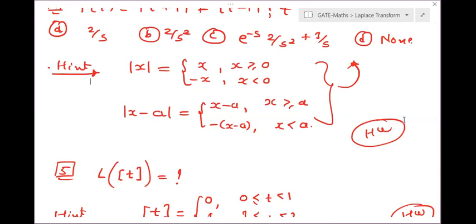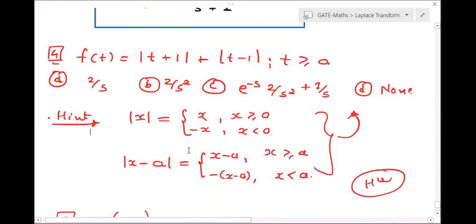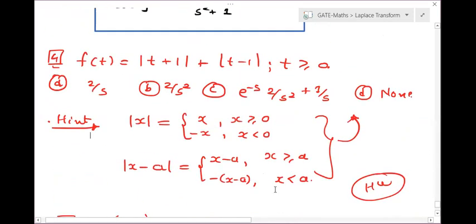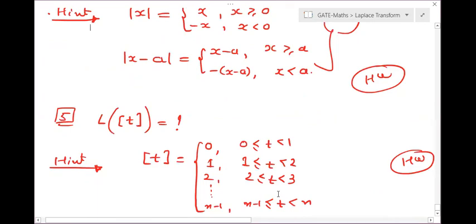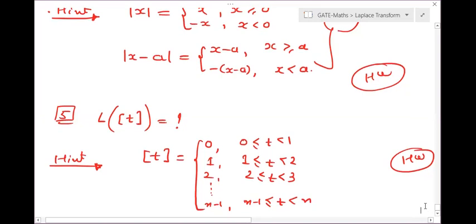Okay. So try this later or try this from home. If you didn't get them, I will show you in the next class. Now let us see a few properties of Laplace transform. There are a total of 4 different properties of Laplace transform, and they can be useful to you.